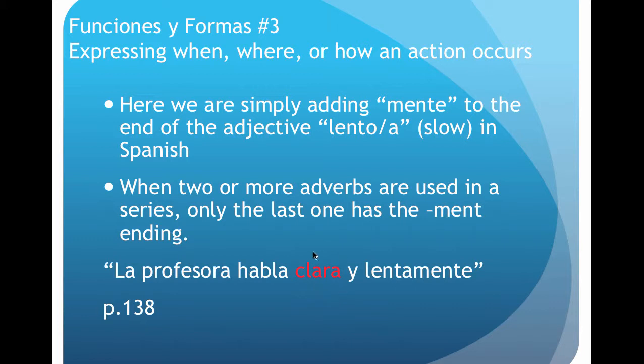So we see that clara, we will not say habla claramente y lentamente. So if we have two that follow one another, clara will be just in its adjective form, and lentamente here we see will be in its adverb form.